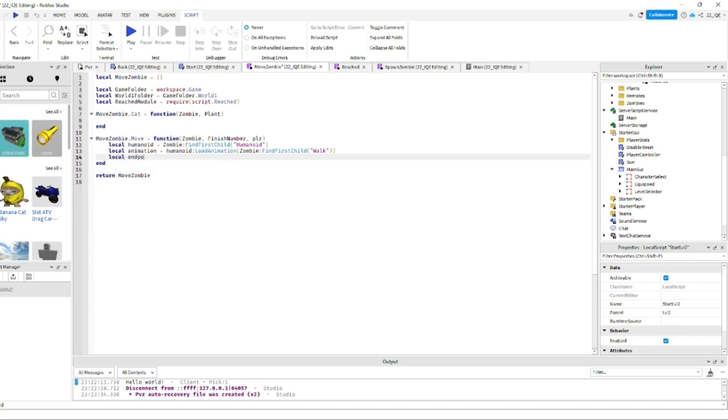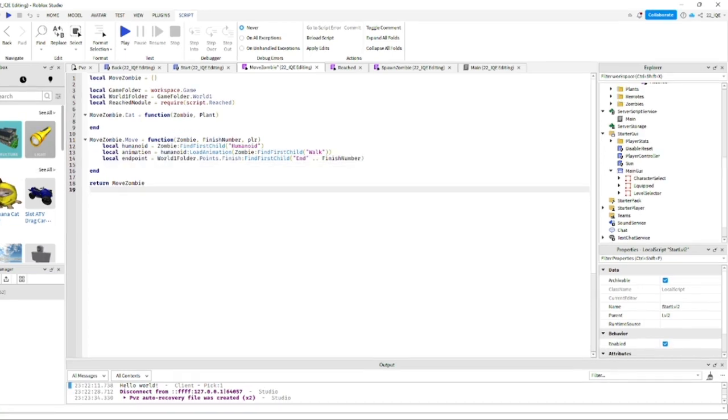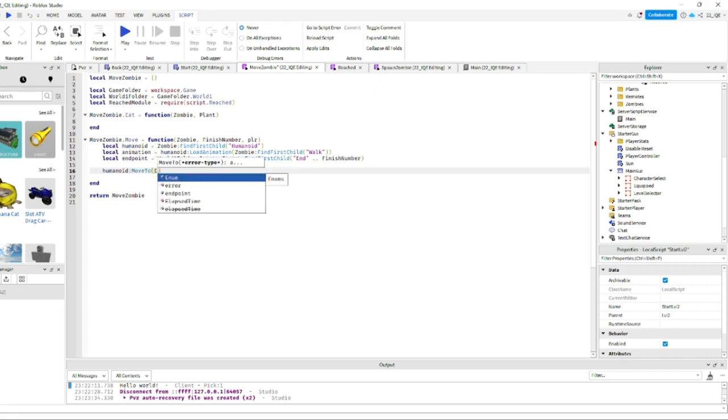And then local endpoint, you're gonna do the same thing we did for the spawn point, which is world 1 folder.points:FindFirstChild finish end finish number. Okay, now to actually make the zombies move, you just do humanoid:MoveTo endpoint.Position,